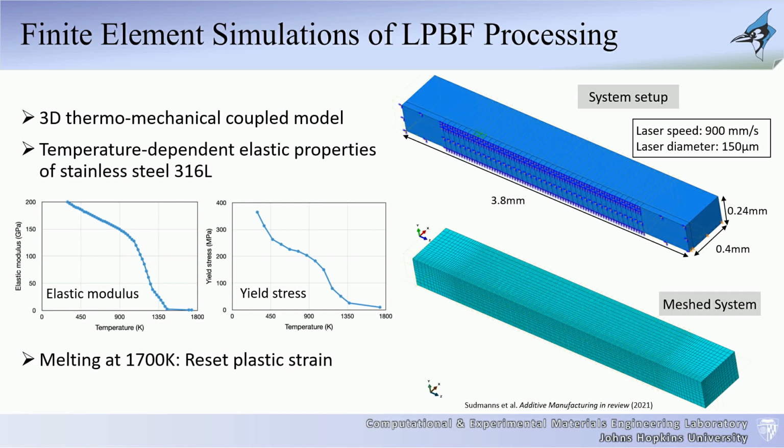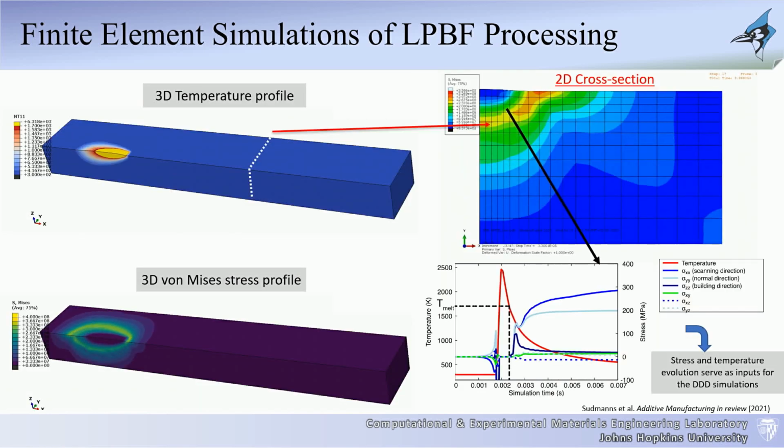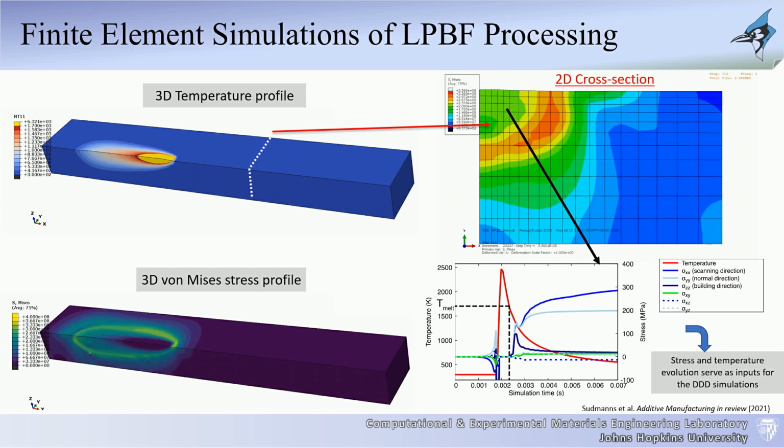You set up a simulation. This is, again, a symmetric type of behavior. The laser is going to come down here and pass through that process. You know the actual speed of the laser, so you know the amount of energy that it is producing into the sample. So you can model all of that. You know the laser size and so on and so forth, or the spot size. So you can model all of that and input that into the model. So we'll assume that we know how that model is generated.